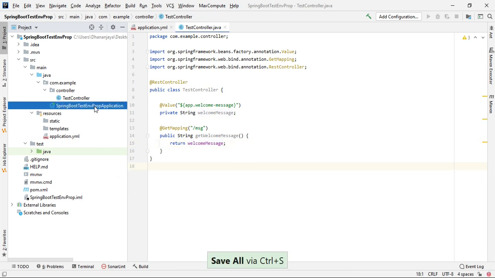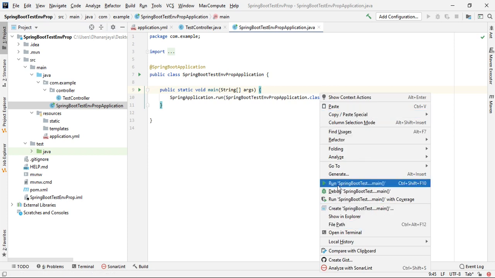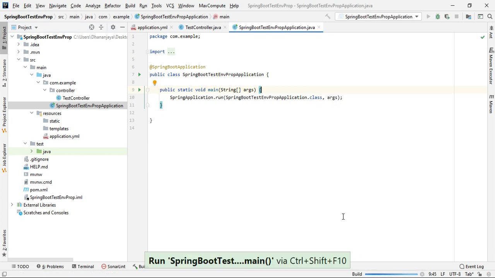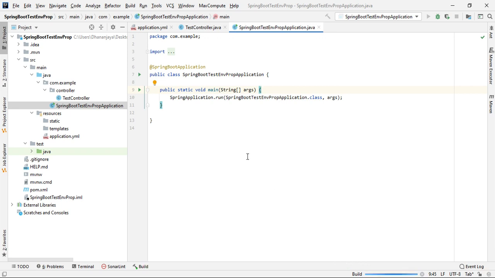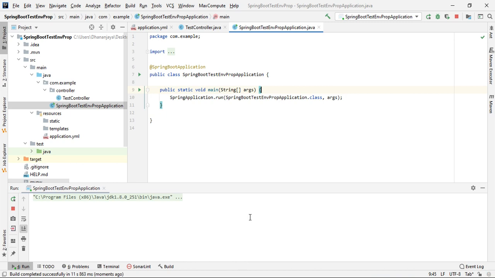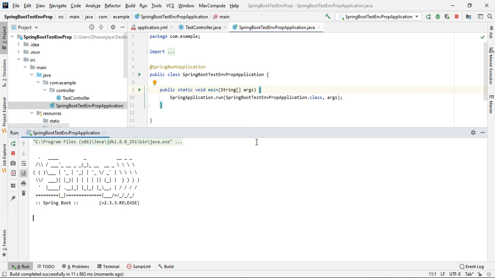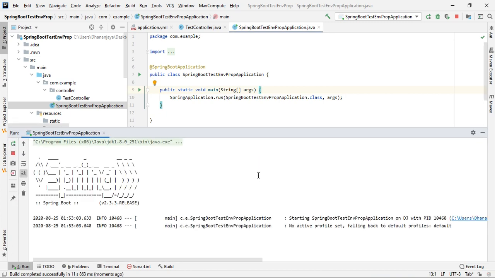So let's start the application and see whether we are able to get this welcome message or not. Application is getting up.